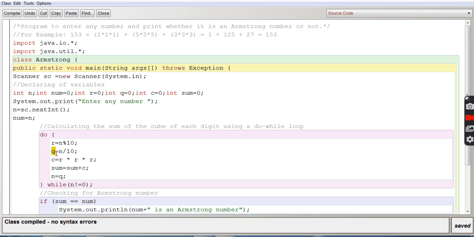Q for quotient, n divided by 10. The remainder is 5 and the quotient is 1. Please remember that: remainder is 5, quotient is 1. Please write it in the copy in the rough column somewhere so that you remember. Now we'll go to the next line,